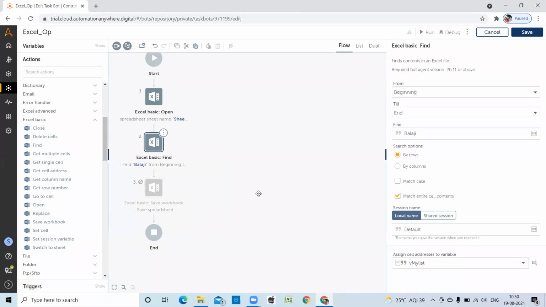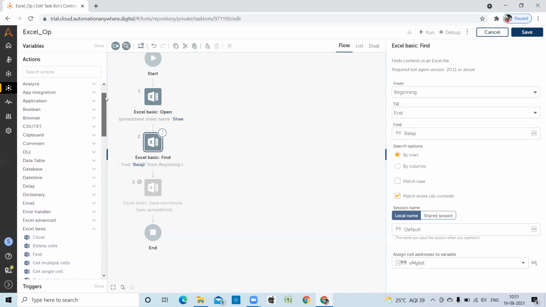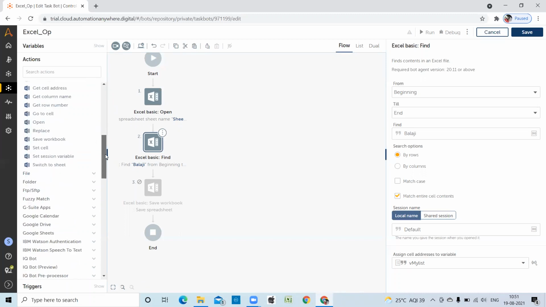Now I have given Balaji, by rows, match entire cell content, and I have stored the variable. Now I want to get this cell address from the variable. To get the data from the list variable, we have to go to the loop.